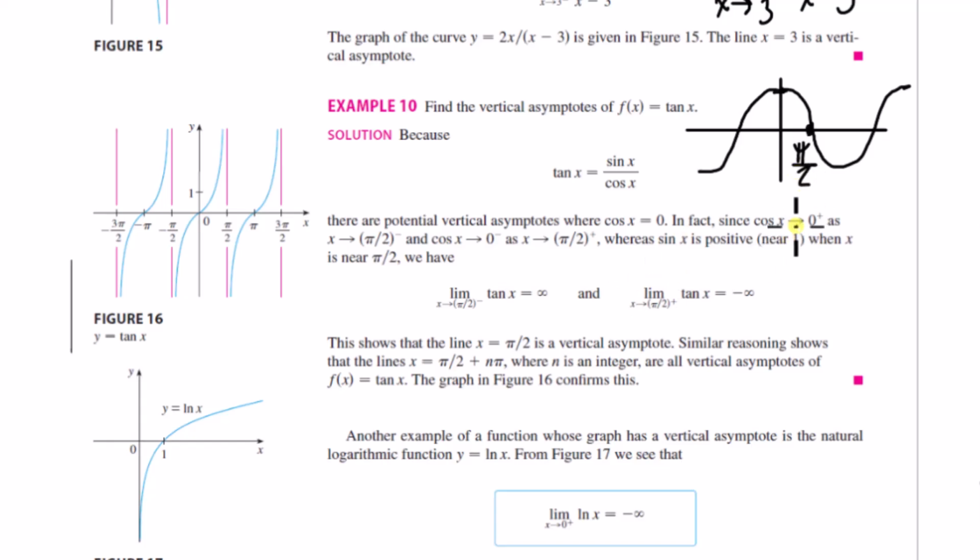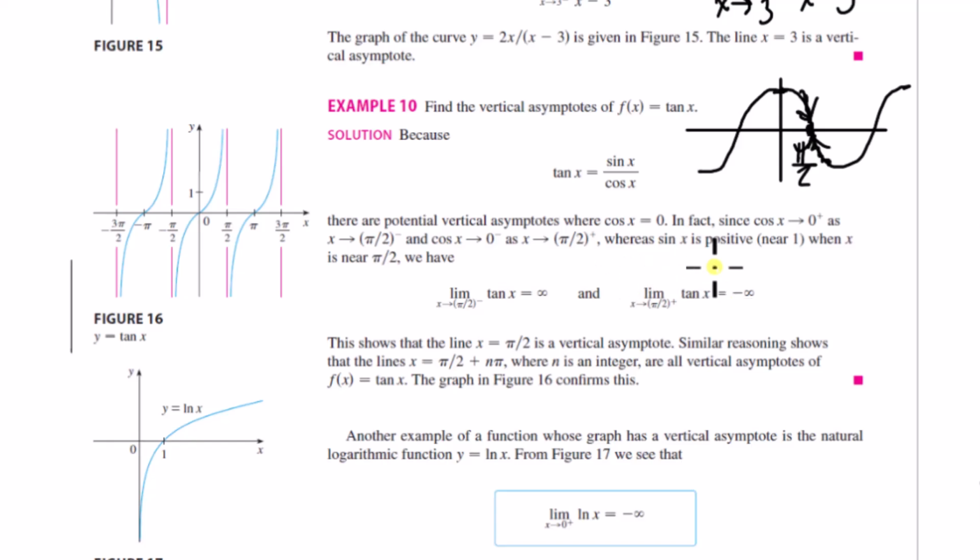As x approaches pi over 2 from the left, cosine of x is approaching 0 from above 0, right? That's what they're saying. And as x is approaching pi over 2 from the right side, cosine of x is approaching 0 from below 0,